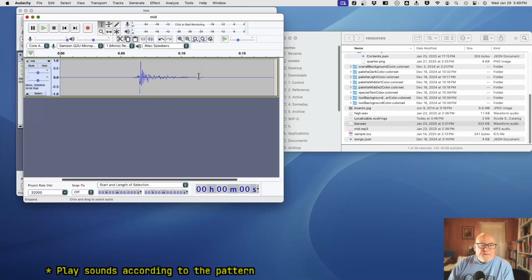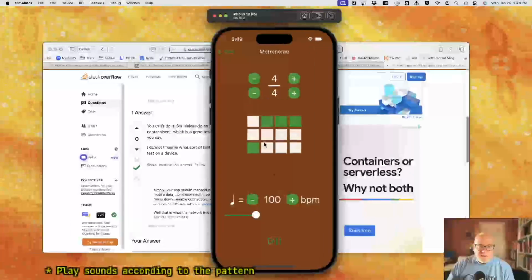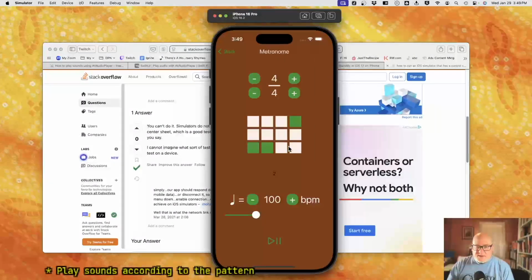Oh, well, 0.4 is long. If our beat is 240, we got 0.25 is the maximum length. Okay, so, well, that makes me wonder. So if I do this,